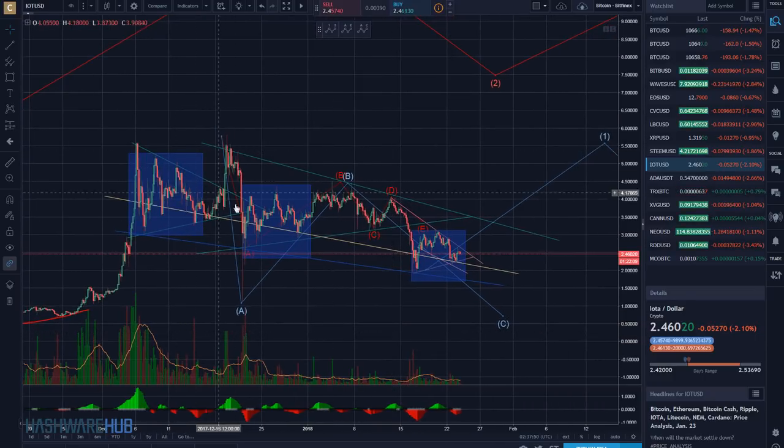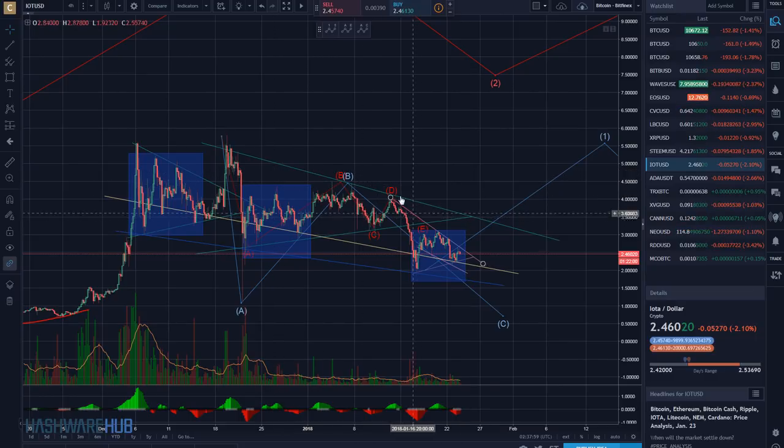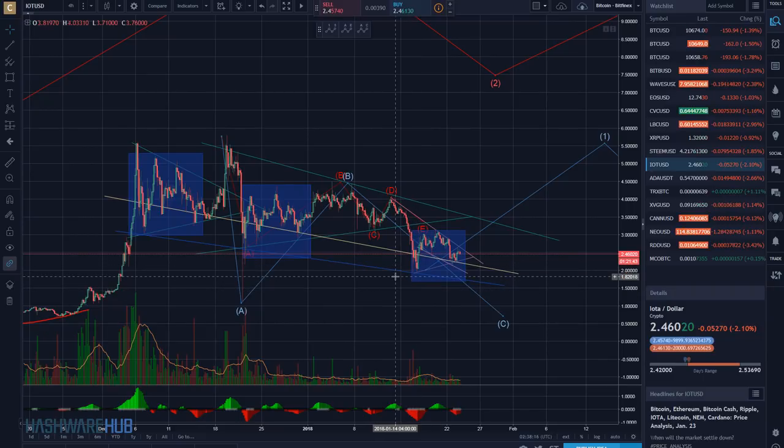We also had this triangle right here, and another larger triangle right here, and then the market fell off from there. You could even see we were measuring A, B, C, D, E, and it did the A, B, C, D, E and then fell right through it, like a hot knife through warm butter. So basically it's saying that our correction isn't over yet.